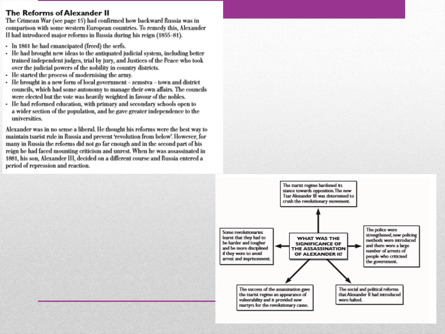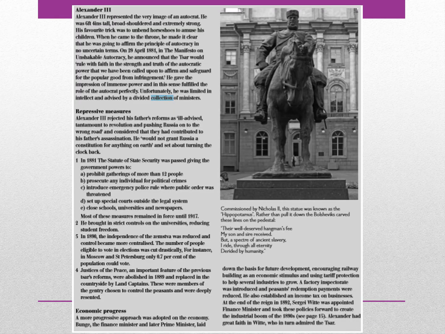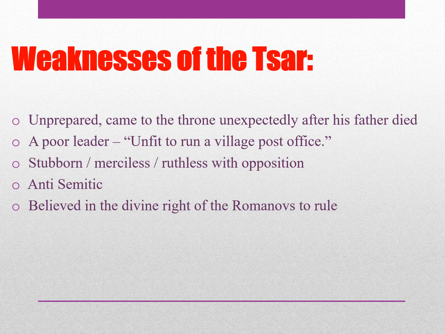So you can see here, these are the reforms that he had put in place, and then why his assassination was significant. So that's what you're looking for in the textbook. Once you've done that, have a read about Alexander III, what he actually did to repress things, and make a similar mind map about his repression and why that was key as well. So you've seen how two Tsars try to deal with things. We've looked at Alexander II and his reformist ideas, and we've looked at Alexander III and his complete change on his father's whole ideas.